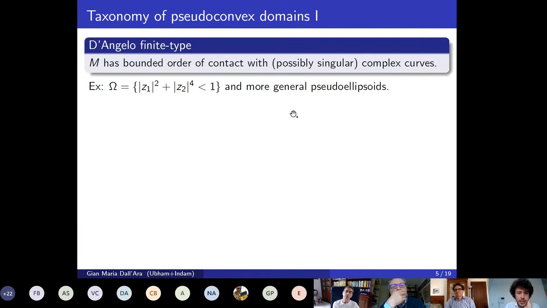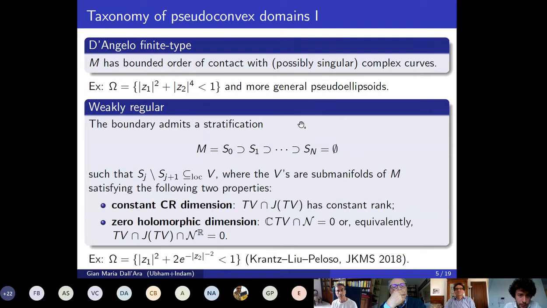Okay, so finite type means that there may be a lot of weakly pseudoconvex points, but in fact, there is a constraint on how flat, Levi flat, the boundary can be, and this is expressed in terms of order of contact with complex curves. A slightly more general notion, in fact, the fact that D'Angelo finite type implies this more general notion called weakly